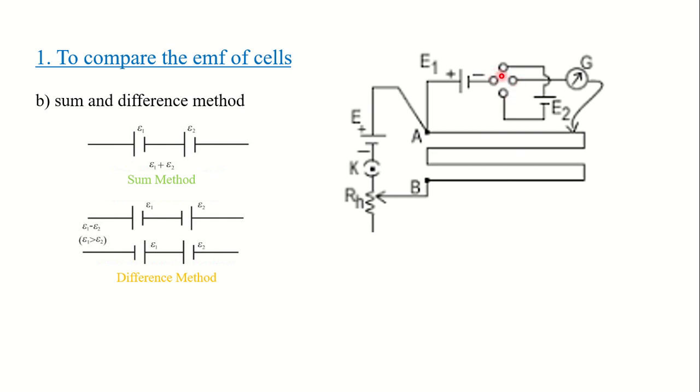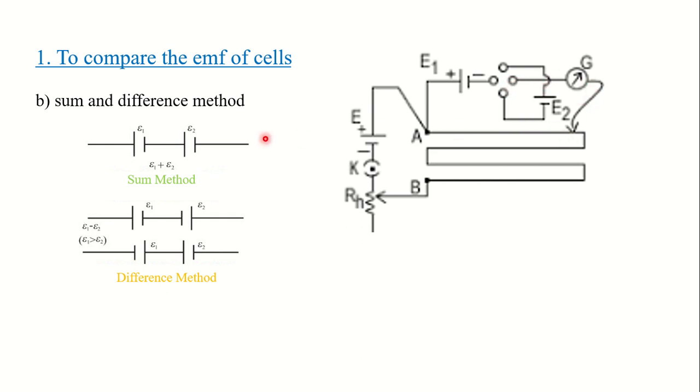If I close this connection, this point and also this point, then using two keys, now you can see the negative of the first cell, that is E1 cell, will be closed like this, and it is connected to the positive of the second cell. Means then from negative it will go here, and from this key is closed, so it will move like this and the circuit will be complete.